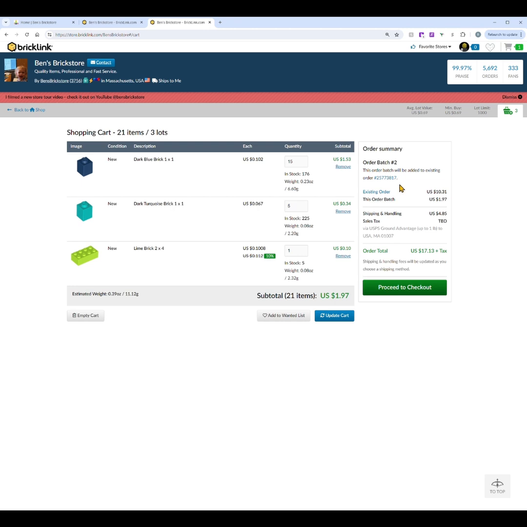So what this is doing is Bricklink has a system where so long as you haven't paid for the order yet, if it's just a request an invoice type order, you can add multiple batches to that order prior to payment. So it's really useful if you forget something, or if you're still trying to build your cart, or you're still trying to figure out items that you need. It's generally not recommended to leave an unpaid cart for more than a few days, or a week at most,